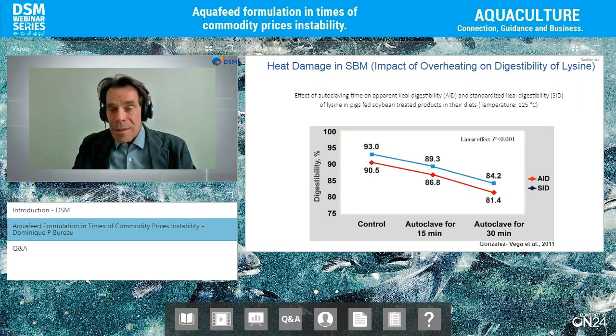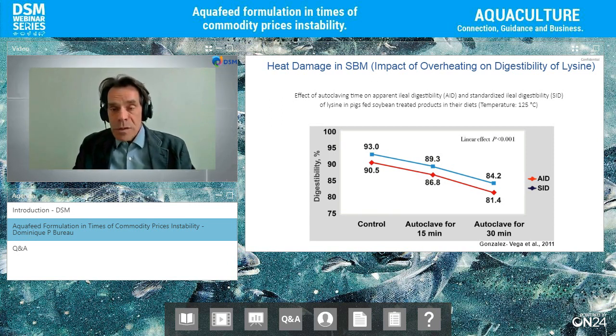So heat treatment is essential in the production of these ingredients, both plant and animal protein ingredients. It's key because you need to kill anti-nutritional factors, stabilize the product, reduce the volume, reduce bacteria and so on. But it's a double-edged sword. You have to find the right amount of heat treatment in order to not damage the nutrients. You have to use heat treatment to address the challenge that you have, but you have to limit this heat treatment so as not to damage the ingredient. And that's the main determinant of ingredient quality.